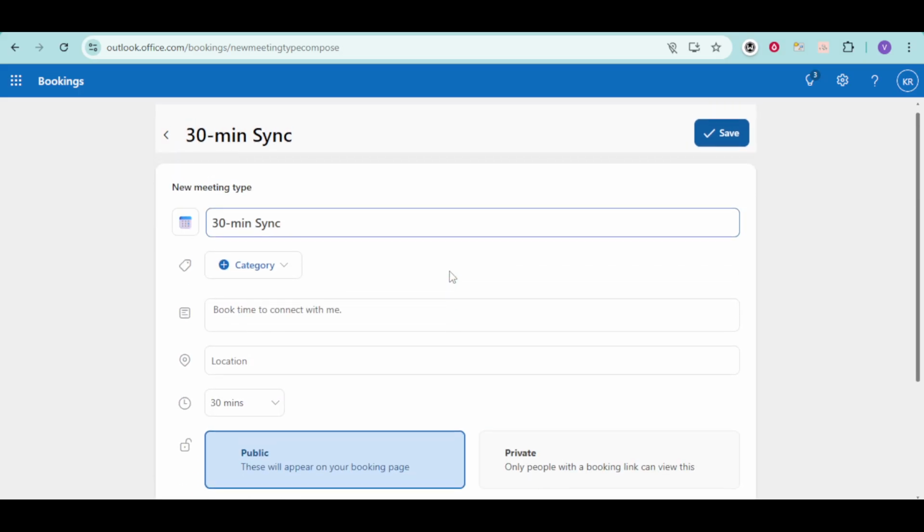Next, set the duration for the meeting. This is how long the appointment will last on your calendar. For example, you might choose 15, 30, or 60 minutes depending on the purpose of the meeting. Think about how much time you realistically need to cover the topic without running over. If this is a quick sync, 30 minutes might be perfect. If it's a more in-depth review, you may want to choose a longer duration. Remember that the duration you set here will automatically block that amount of time on your calendar whenever someone books